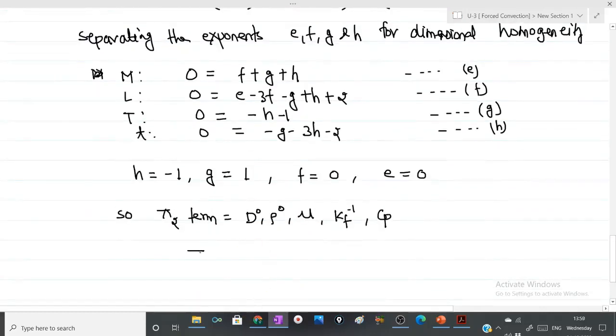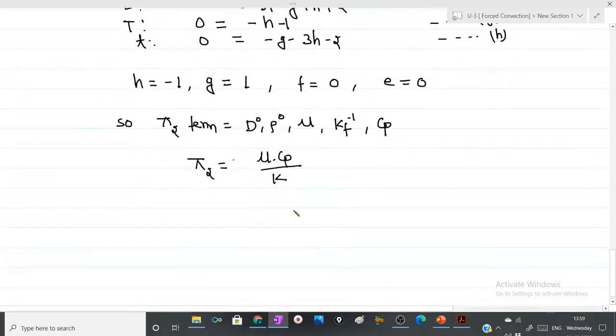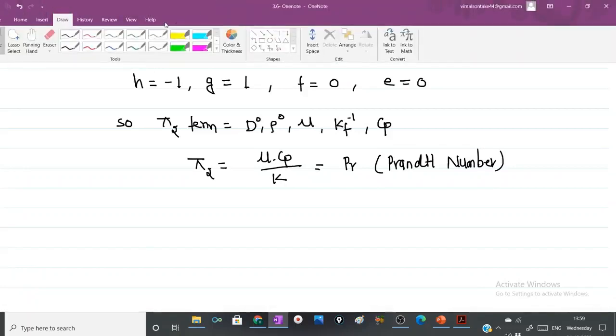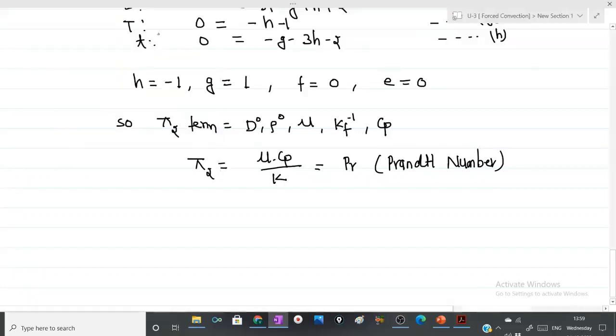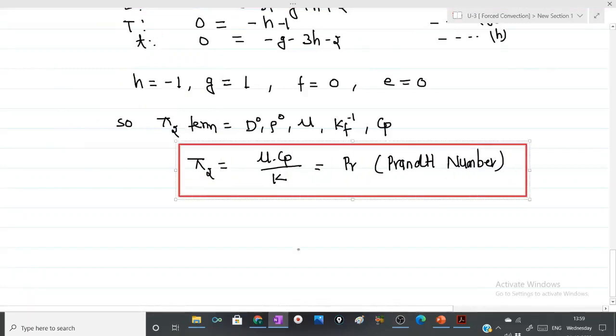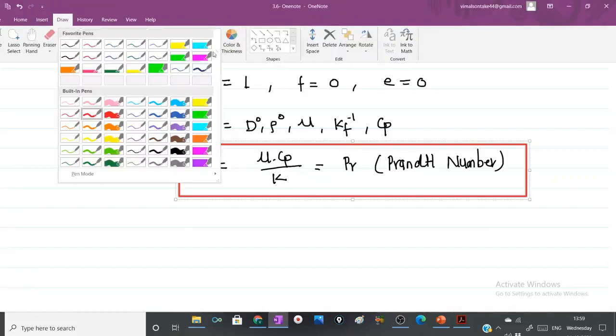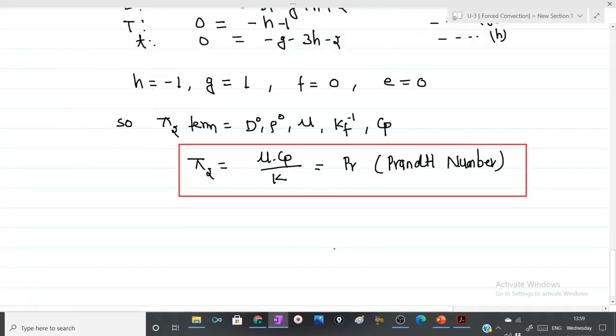So pi term can be written as mu into Cp over kf. And if you remember, is nothing but Prandtl number. Second, pi term is grouped as Prandtl number. And let us find out finally the third